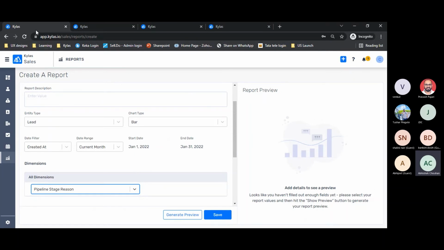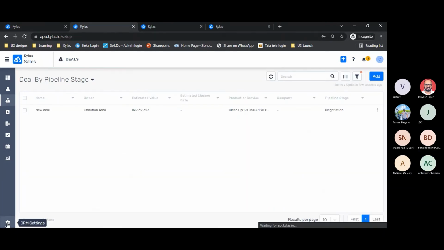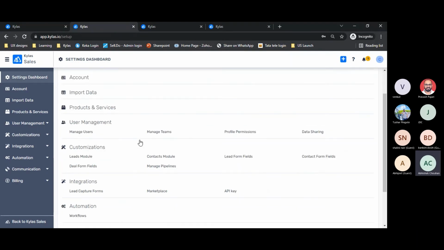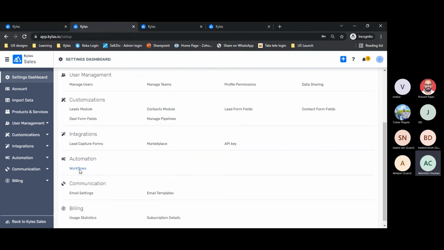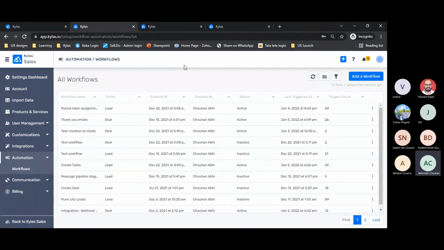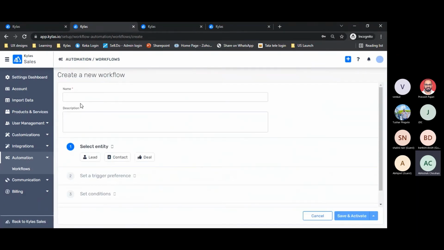And how these reports are getting generated is, when we have a set pipeline in our system, our sales executives are marking the stages according to the process, right? There is one more thing that I wanted to cover in today's session, which is some automation that can be run based on pipeline. So we have already covered these workflows in our previous webinars, but I will quickly have a look at the workflows that are created based on pipeline stages.